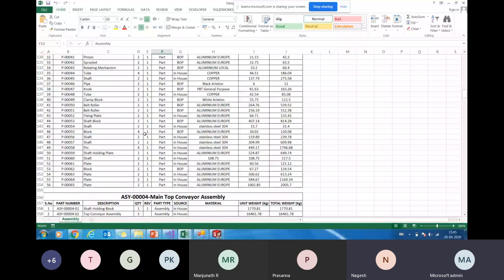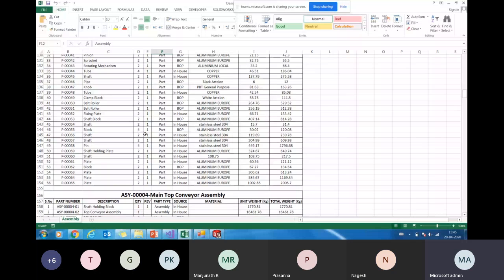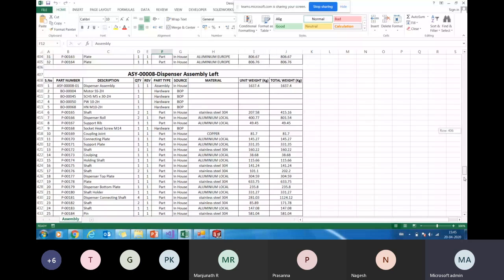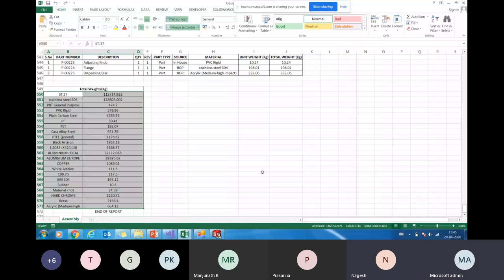Yes. Now the interesting thing, what you do not get in EPDM or the SolidWorks BOM is the composition. So if you want this, it itself is a big task. If I want to get the weight of the total consumption, the total material, what material I'm using, and how much weight it is, that itself is a big task.